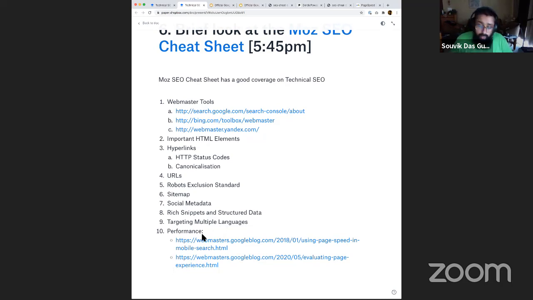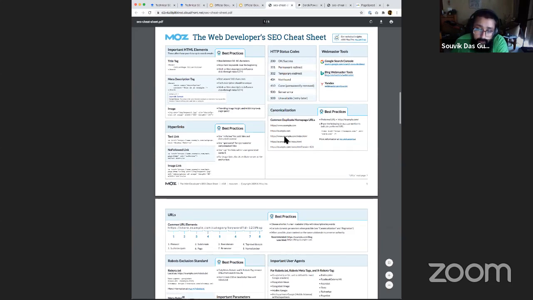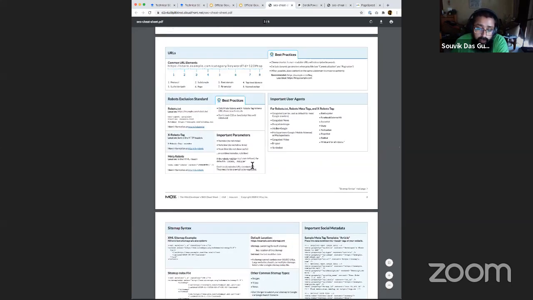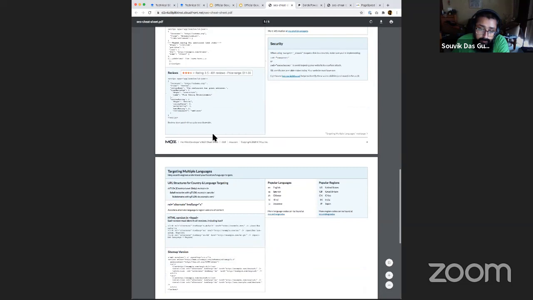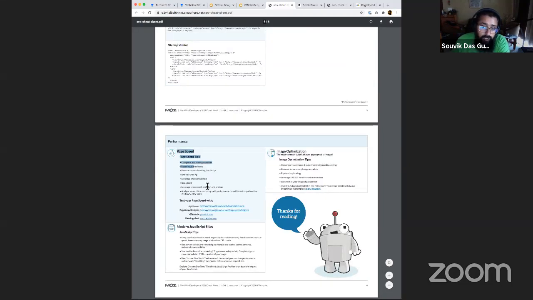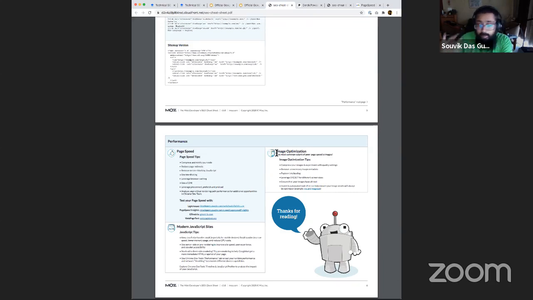Another big factor in performance is how many images you're using, and whether the images are optimized, because images become one of the biggest factors why your website becomes slow. If you look at the performance aspect over here, which is the last, the Moz recommendation also talks about page speed, and about JavaScript, how heavy the JavaScript is on your page, so that the browser does not spend a lot of time processing the code itself. And are you doing image optimization?